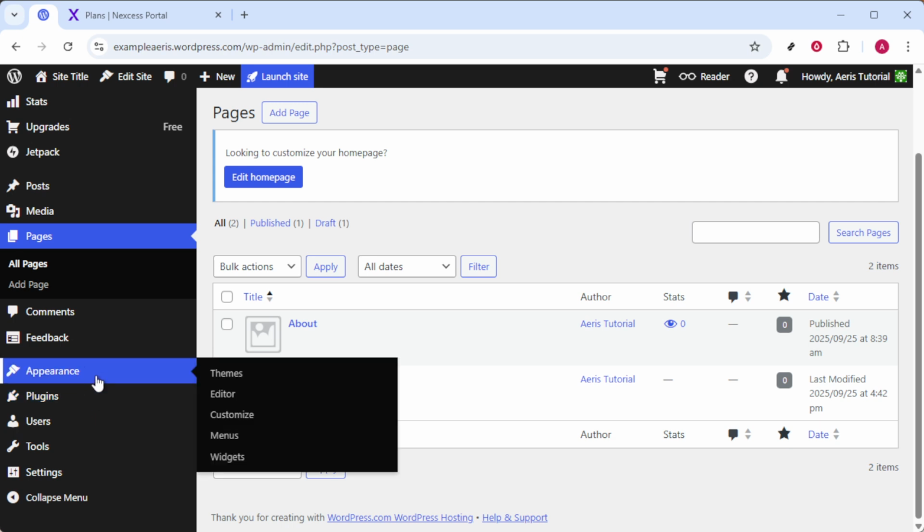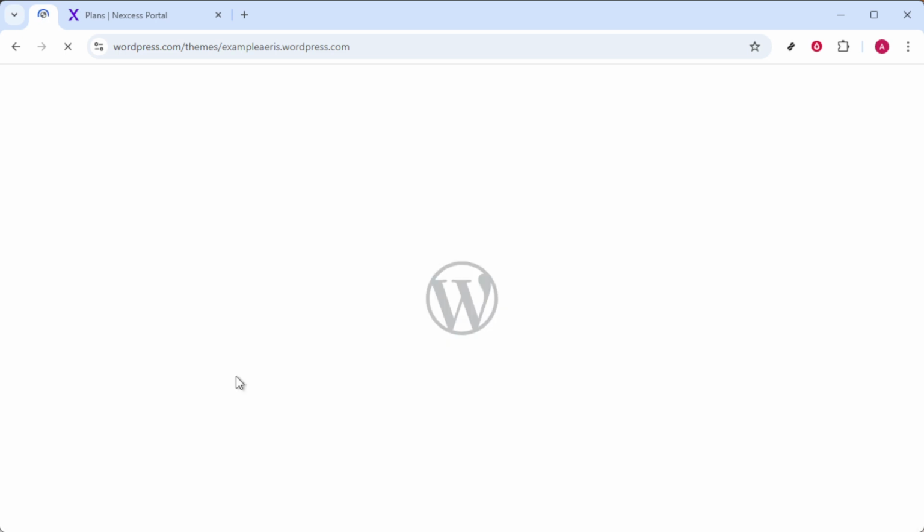And that's it. You've successfully set up your domain for email and hosting with Nexcess, ensuring your platform is safe